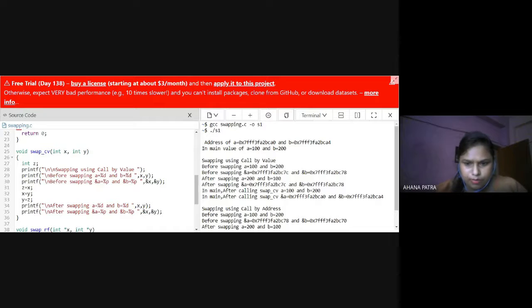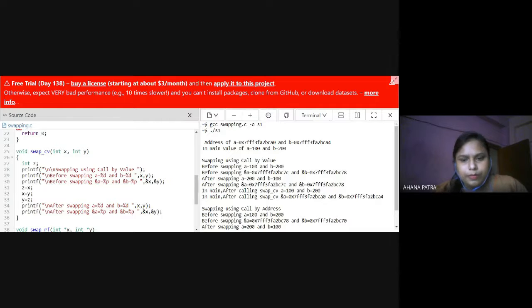Okay, now we swap these values. After swapping, a is 200 and b is 100.